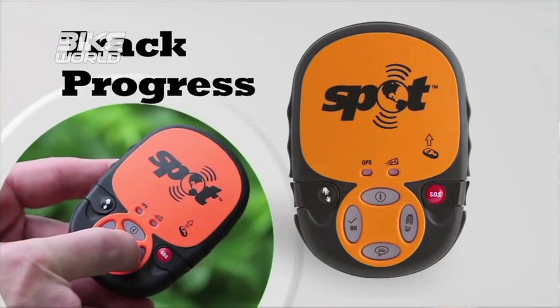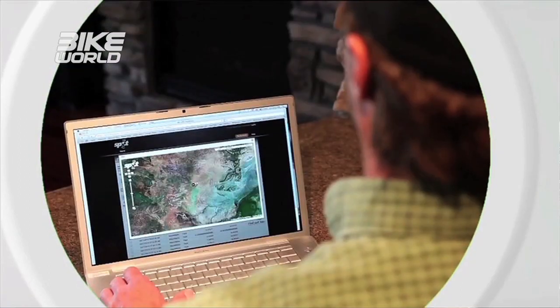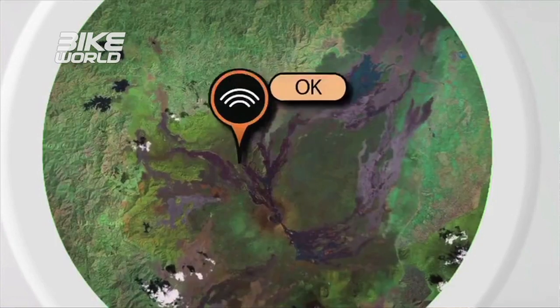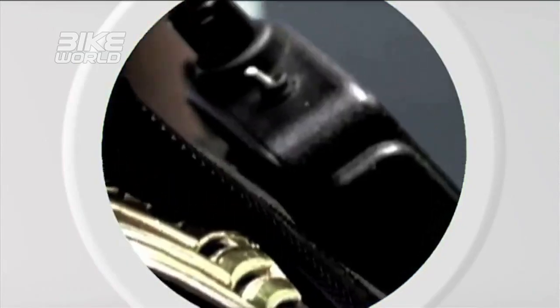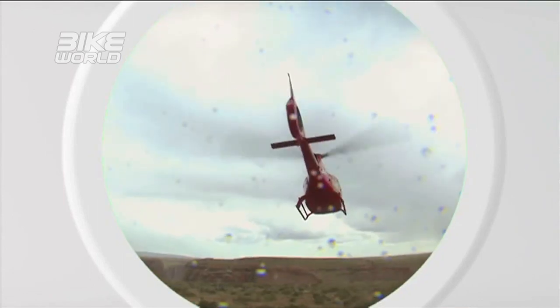Now, next up is something you might have seen on the show before, and if you are serious about heading off-road and going on an adventure, it's probably the most essential piece of kit you can buy, and it could very well save your life. In fact, since 2010, the Spot GPS Messenger has saved over 3,000 lives in rescue incidents, and over 600 alone